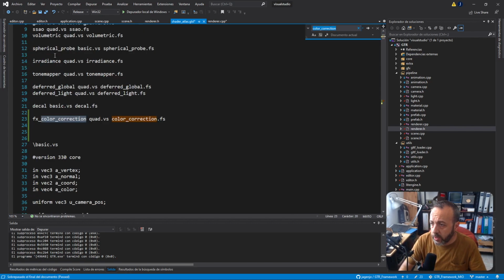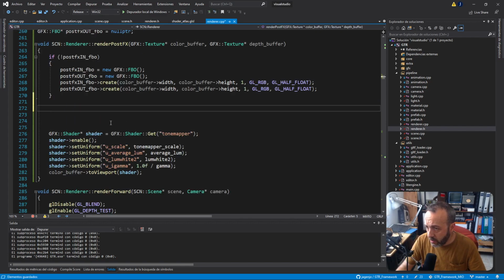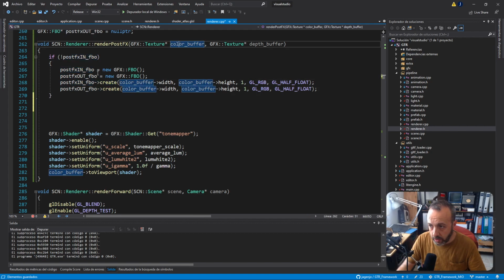Okay, so we have a color correction shader here, and so let's go to our engine now, and we are going to use this thing. The first thing we need is that the texture has to be inside here, but the texture now is here, it's not here. Remember that the idea is that I want to have a function that applies a shader from this one texture to this texture, but currently this one is empty, so I need to copy this one. So maybe I can copy it very easily if I